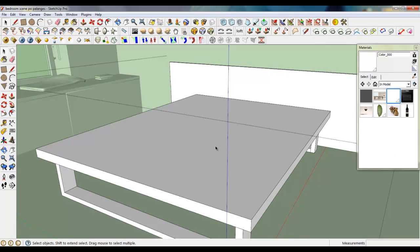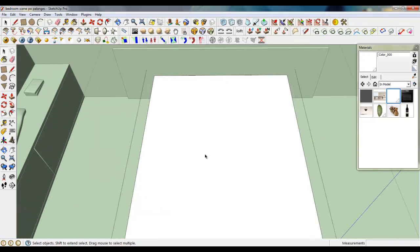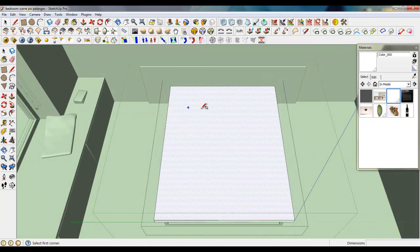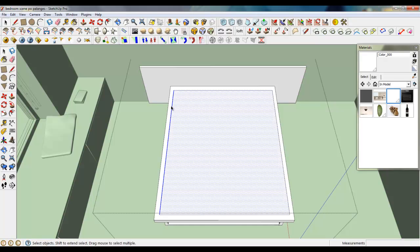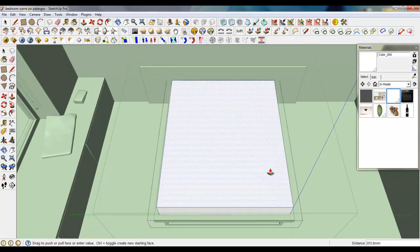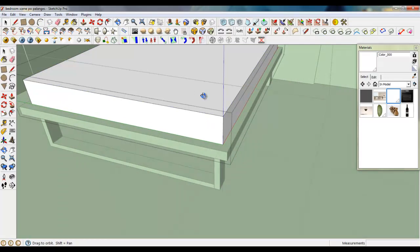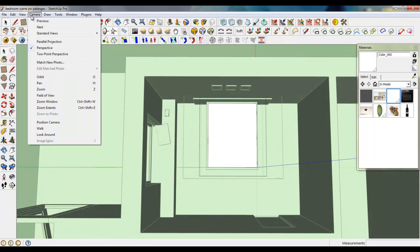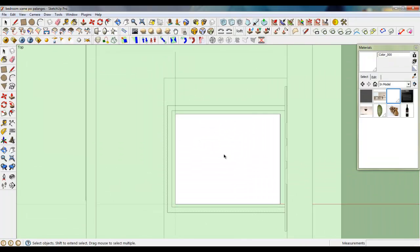Now let's create a mattress, the thing on which people lie. Okay, so create a rectangle also. Make a group and extrude. First of all, open it and then extrude 180. It's good. Well, go to the parallel projection view and top view, and we are going to cut the